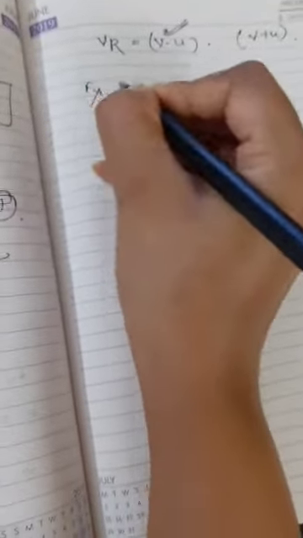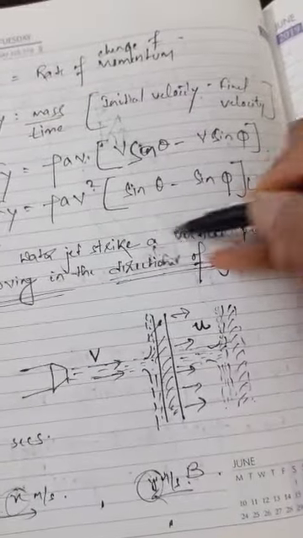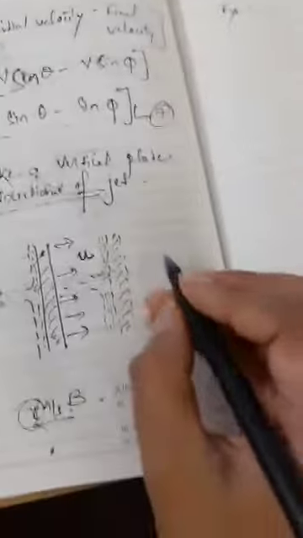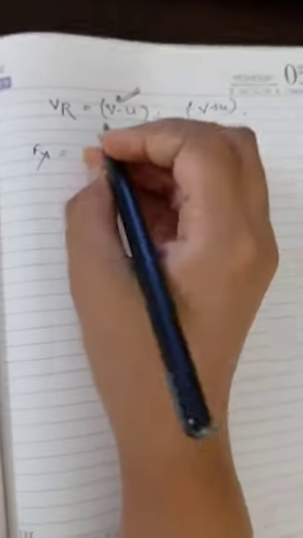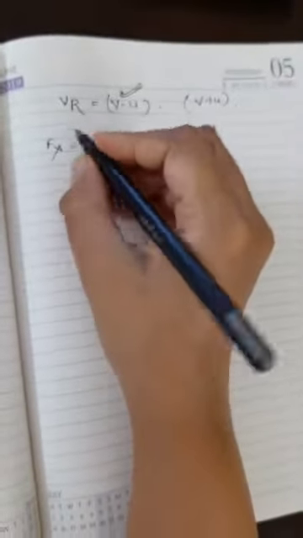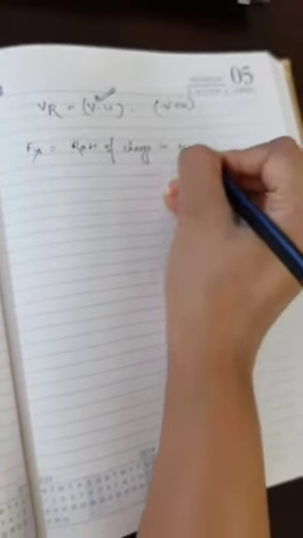So again, Fx is the force exerted by the water jet on the vertical plate in the direction of the jet, that means in the x-axis. Similar to last time, this is your x-axis, this is your y-axis. So we shall find out the force in the x-axis. What is the formula of Fx? Fx is the rate of change in momentum